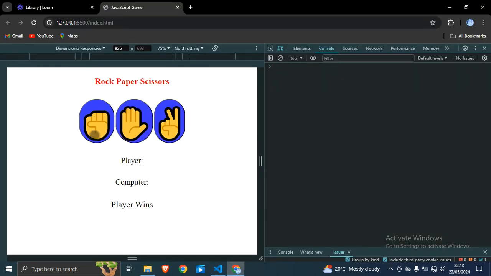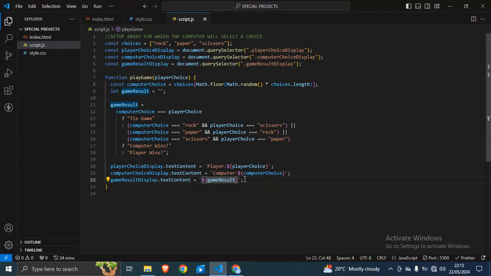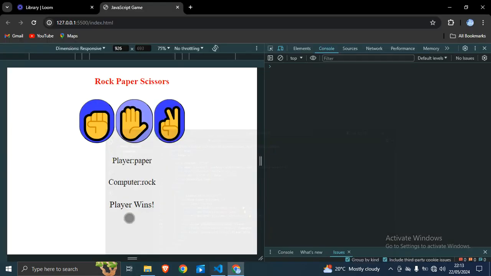So we've manipulated the text content. So what I expect to see when I click here, I see I've got rock. The computer has selected scissors, so I win because rock crushes scissors. Another one, I have selected paper. The computer has selected rock, so I win. So it seems it is working. Next, I had said that I want to implement a score down here, which is going to tally the score